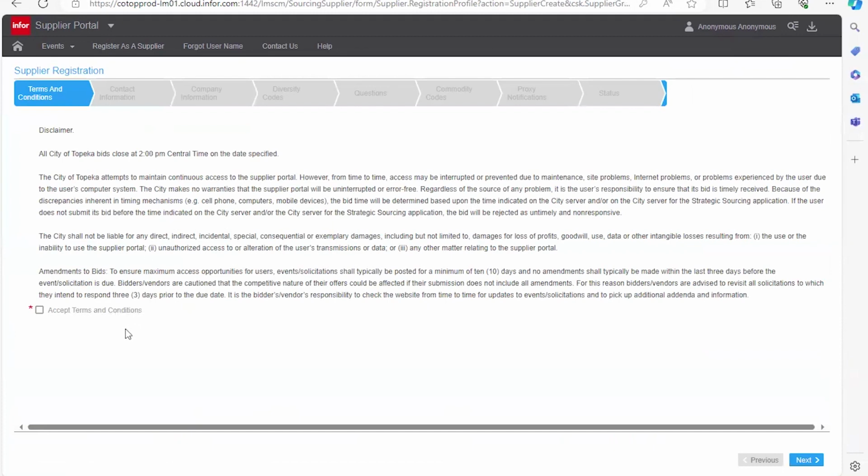During the registration process, you will need the company's tax identification number or social security number, whatever your business uses to conduct business regularly. You will accept the terms and conditions, and note, all City of Topeka bids close at 2 p.m. Central Time. That means all bids must be submitted prior to 2 p.m. Central Time. Once you've clicked and accepted terms and conditions, use the next button in the lower right-hand corner to